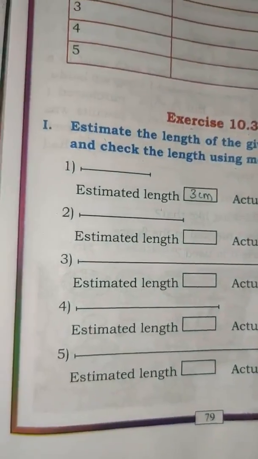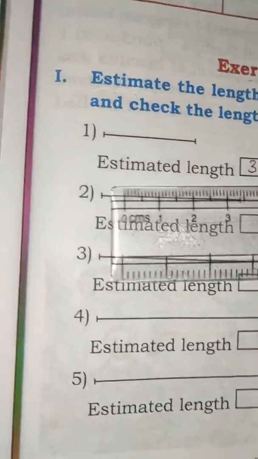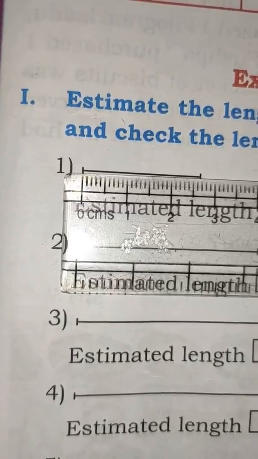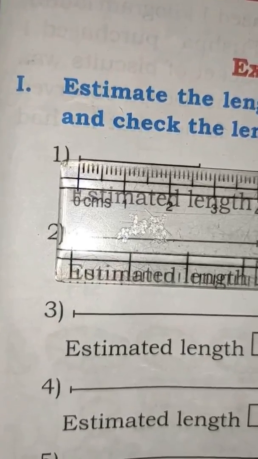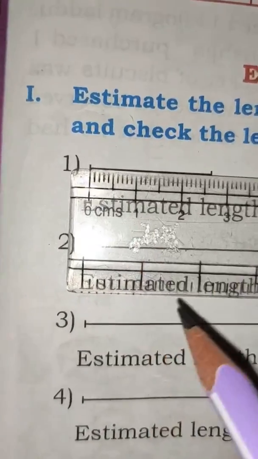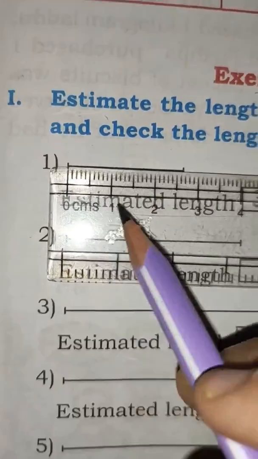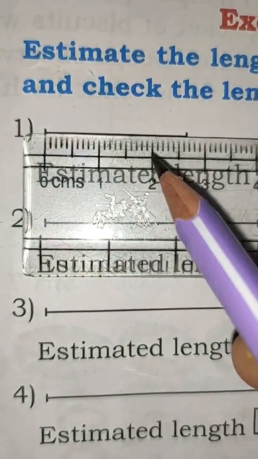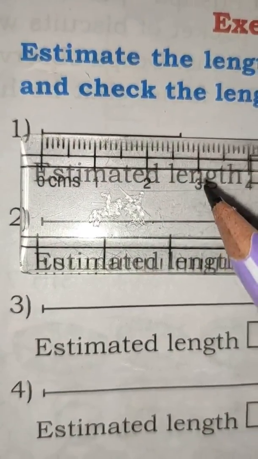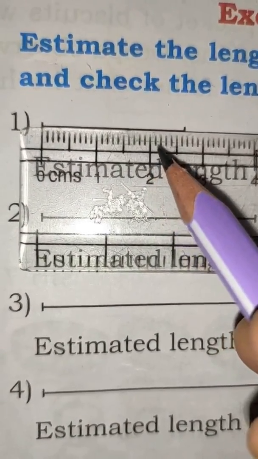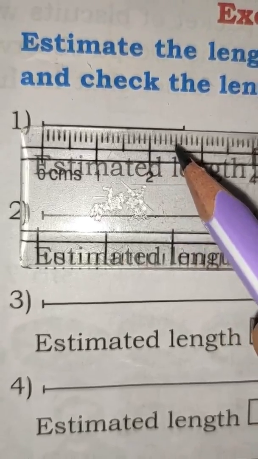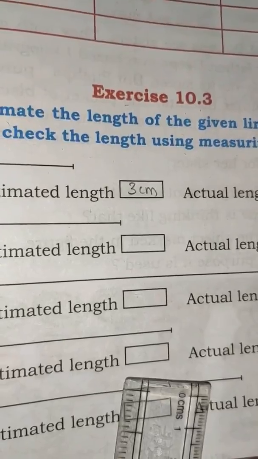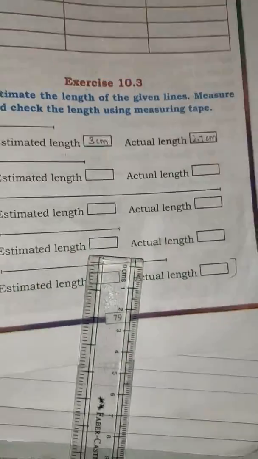Now, let us write its actual length or exact length. For that, I need a scale. This is the starting point and this will be the end point. So we'll keep the scale like this from 0 to the last end. Now, count it, children. 1, 2. After the 2, we are having some more lines here, isn't it? It has not reached up to 3. So, 2.1, 2.2, 2.3, 2.4, 2.5, 2.6, 2.7. So, it is 2.7 centimeter. It is not up to 3 centimeter.